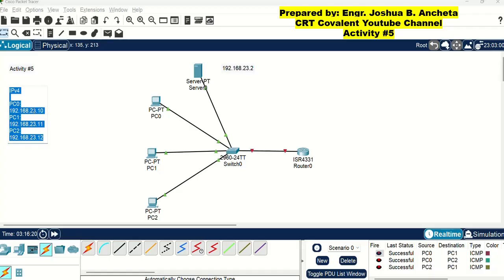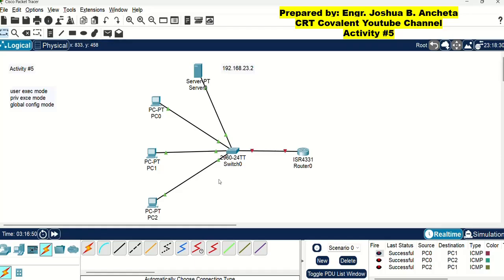So we have the following modes: the user executive mode, the privilege executive mode, and the global configuration mode. So this is the activity for switch configuration.